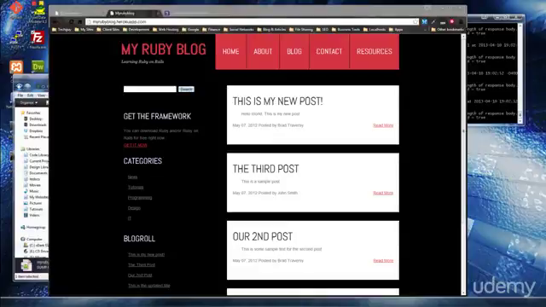We went over layouts. We took this HTML template and turned it into a Rails layout. And we went over routes and tests and just a lot of stuff, all the fundamentals of programming with Ruby on Rails. And so we've come to the end, and I've really enjoyed making this